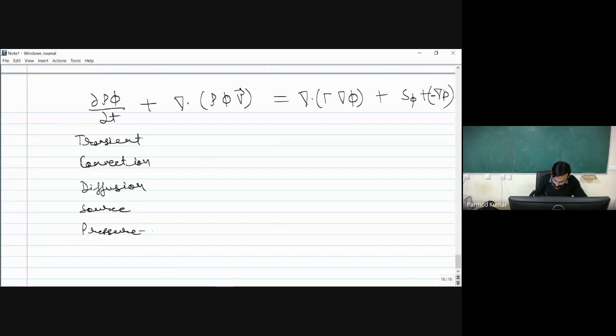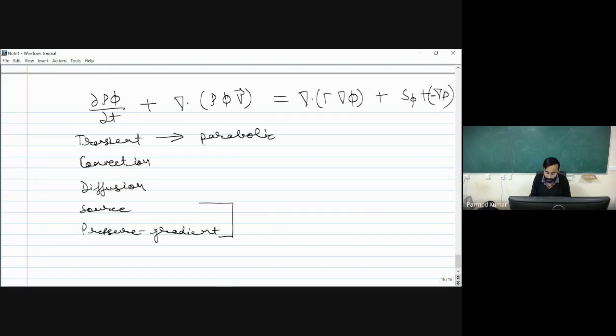The pressure gradient term and source term are not included in the highest order part, so we will keep them aside. But for the transient term, we have already seen that wherever time is involved, the nature of the equation becomes parabolic. Time always forces the solution to propagate in a unique direction. So if the transient term is involved in an equation, it will always have a parabolic nature.